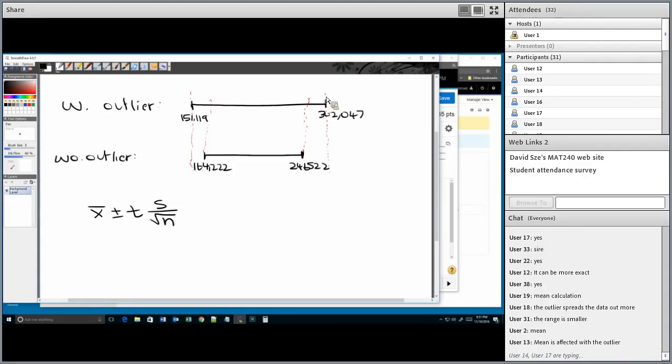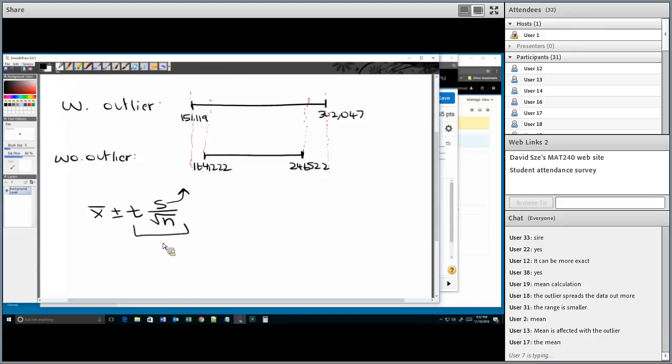Very, very good, Sandra. Excellent. Sandra says, when you include the outlier, there's more variation in the data, right? When there's more variation in the data, your standard deviation is going to be higher. So it's higher for the outlier included than the outlier not included. Because the standard deviation is higher, you can see that this whole value, let me just use,